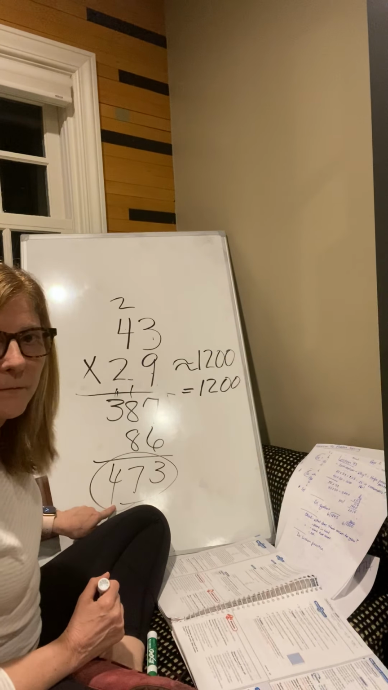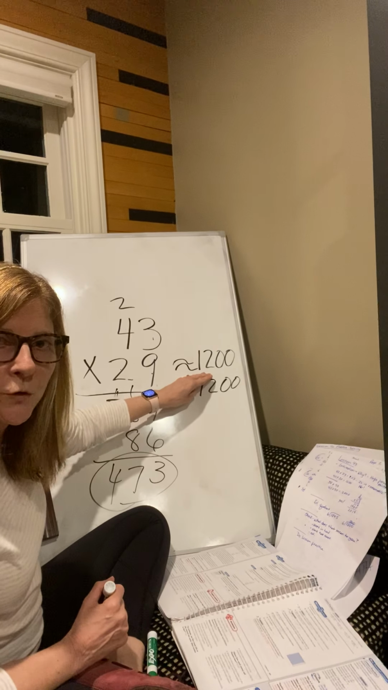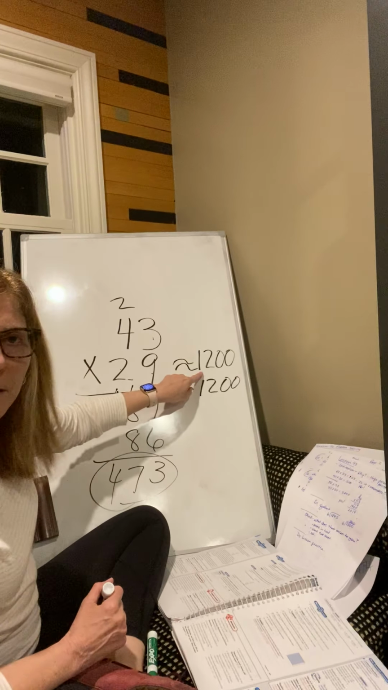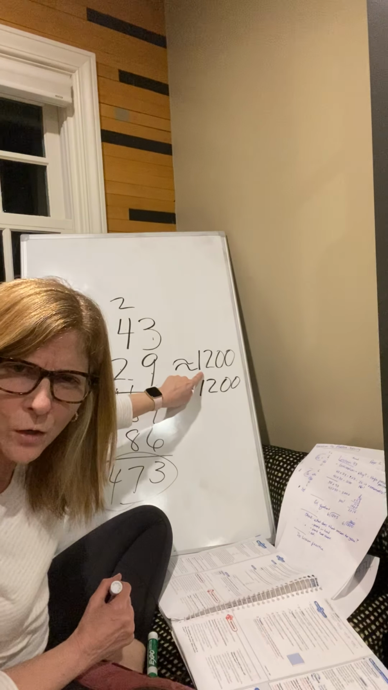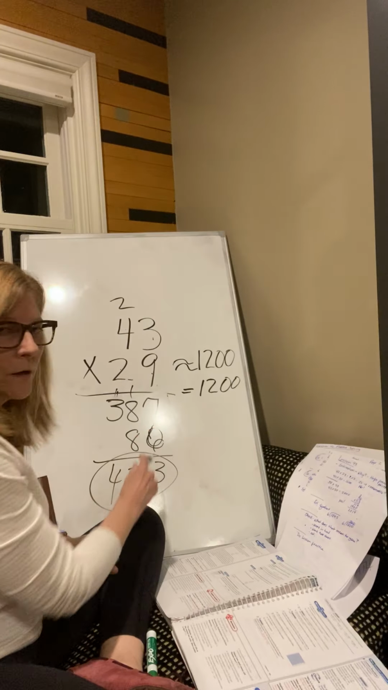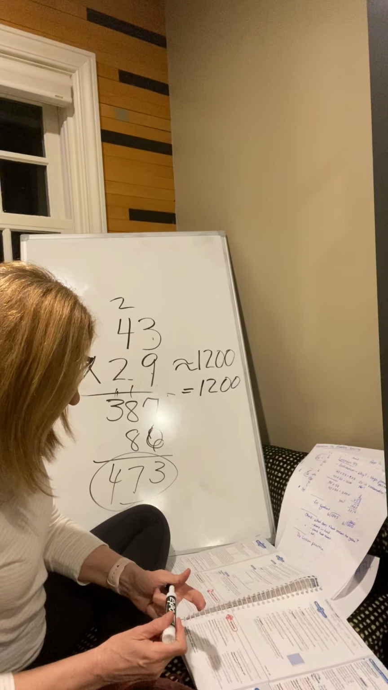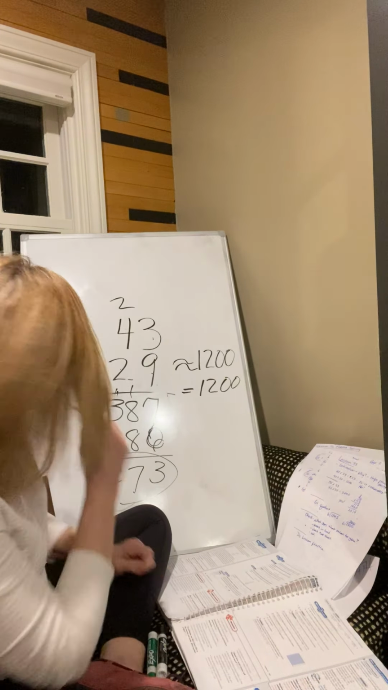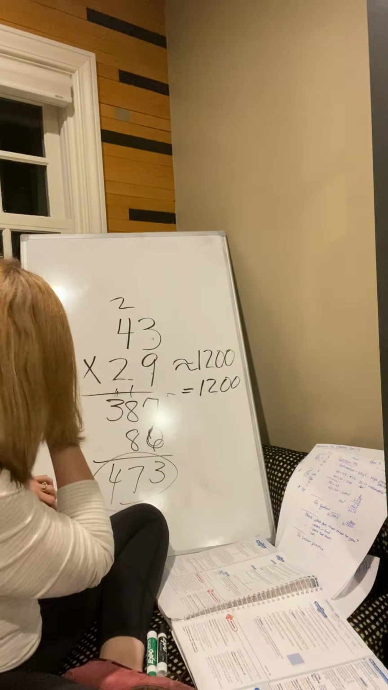473. Well, if I say it should be about 1200, ooh, I did something wrong. Let me go back. What did I do? Oh, yeah, I forgot to put my 0 there. Okay? It can help you prevent mistakes. Okay? All right. So,